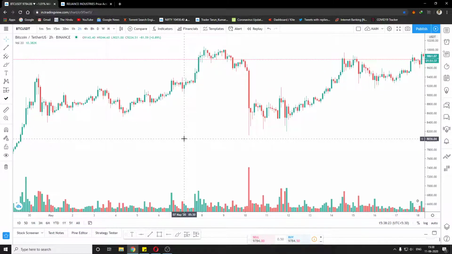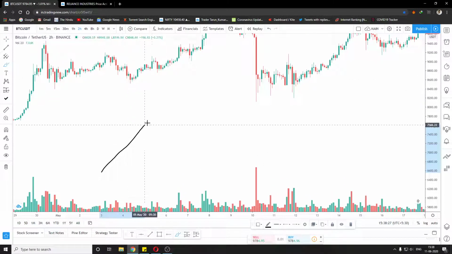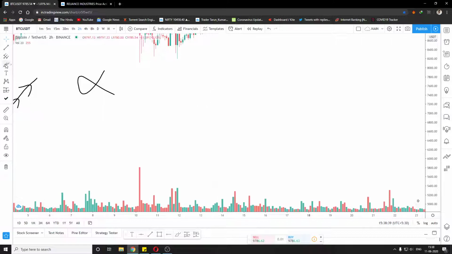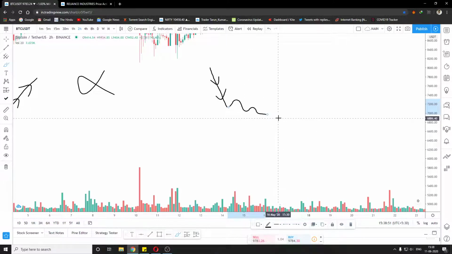Now we have to imagine the market as a big force. Whenever we see a first sign, we do not enter, because it takes a lot of momentum to stop the previous trend. What I mean by this is that if there is a previous downtrend, it won't suddenly halt. It will go up a bit and then it will come down again. It will do something like this. Then the trend will stop.